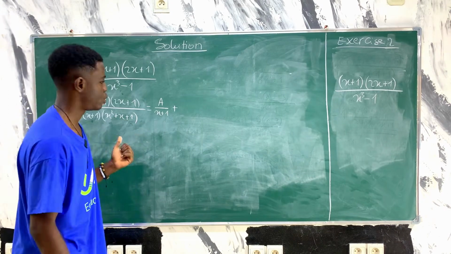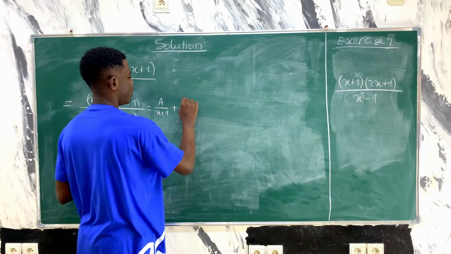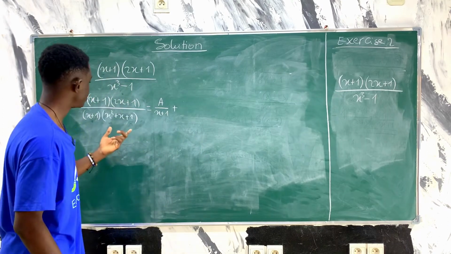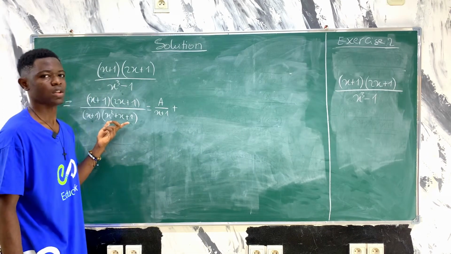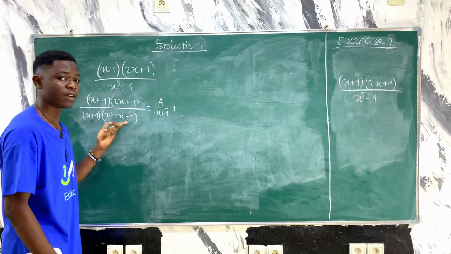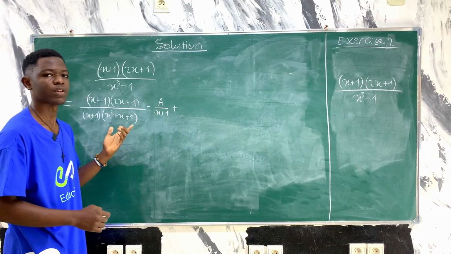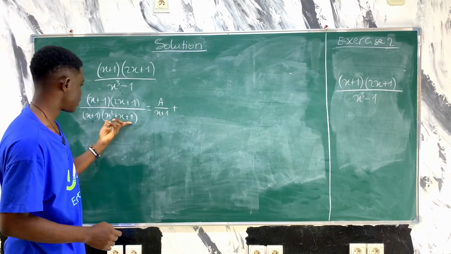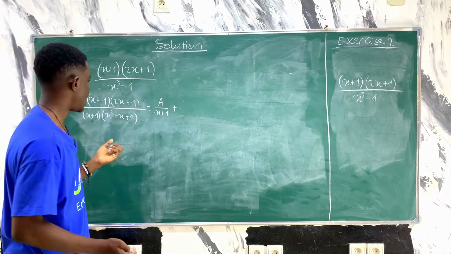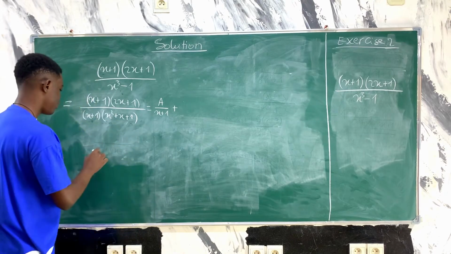So what do you do? How do I know that I cannot factorize this? Well, if you don't know whether you can factorize or not, try it yourself and see that you cannot. So to try to factorize this, I'll use my formula method. I know that from the formula method, I have